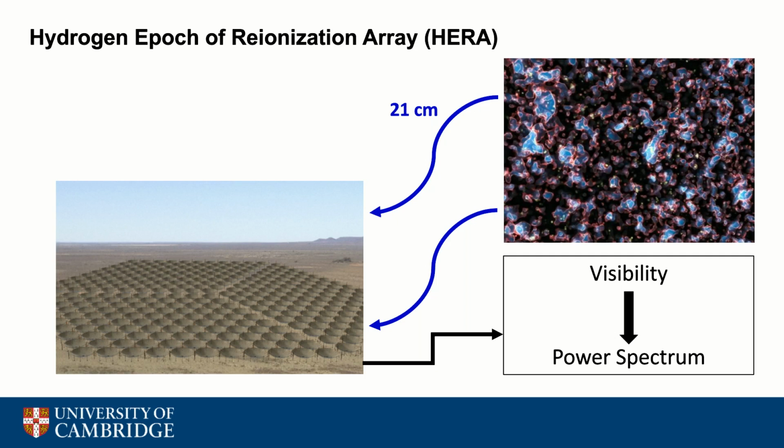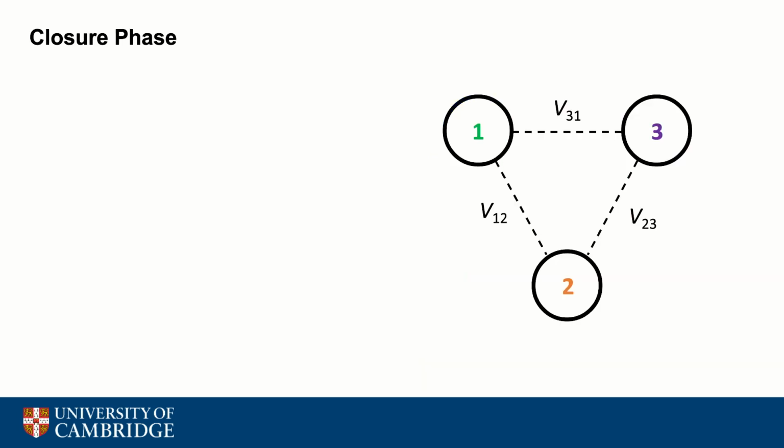However, this process is complicated by the fact that the cosmological signal is extremely weak in contrast to the very bright foregrounds. That means that any data processing and the calibration need to achieve a fractional accuracy that is greater than the dynamic range required to measure the weak signal. And the question is, are there other interferometric quantities that we can use to bypass some of these processing steps, and in particular the calibration? The answer is yes. Such quantities are called closure quantities, and here I'm going to focus on the closure phase.